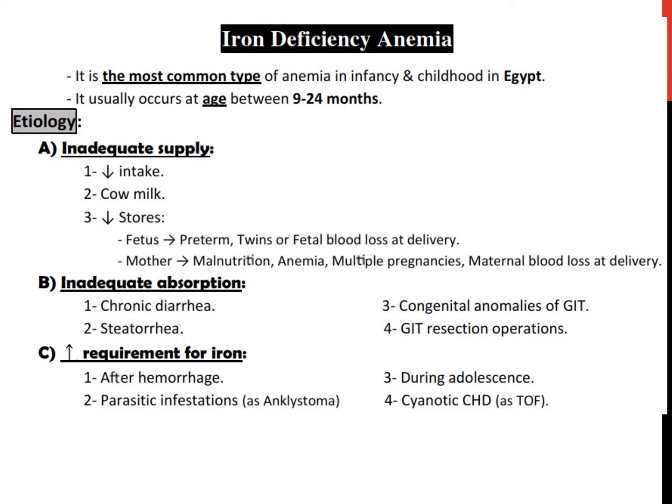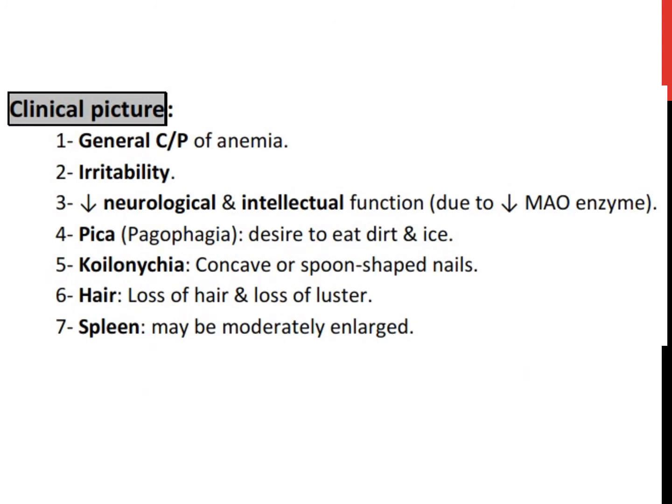Okay, what about the clinical presentation? We have to know that, of course, iron deficiency anemia can lead to features of anemia like pallor, anorexia, fatigue, and so on, and tachycardia, of course. But don't forget that iron is also an important constituent of some enzymes like those of monoamine oxidase, catalase, cytochrome oxidase. All these enzymes are responsible for metabolism of the neurotransmitters, and that's why sometimes we all know that